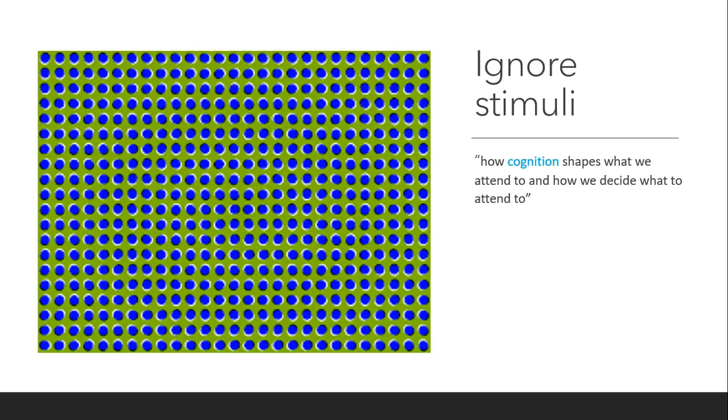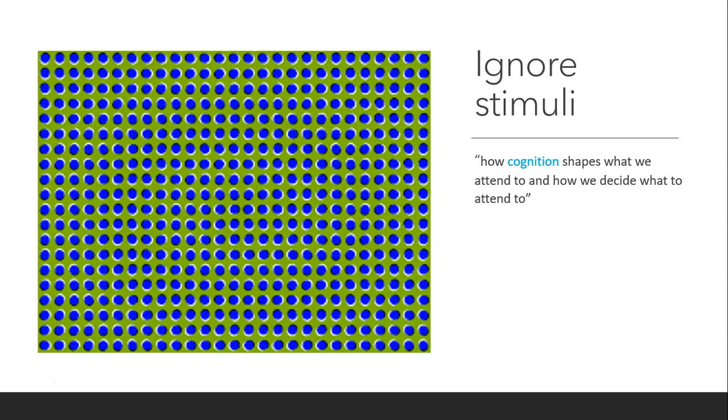The last set of studies considered describes attending to visual stimuli, exploring how we learn to pay attention or not to various visual stimuli. At any given moment, there's a whole host of stimuli that we could be attending to, and most of it we tend to ignore. The results in these studies show that attending to certain stimuli or not is an ongoing process informed by past experiences. Indeed, quote, how cognition shapes what we attend to and how we decide what we attend to, end quote, shows that higher level processes are informing what are deemed lower level processing. Thus, evidence of top-down processing.